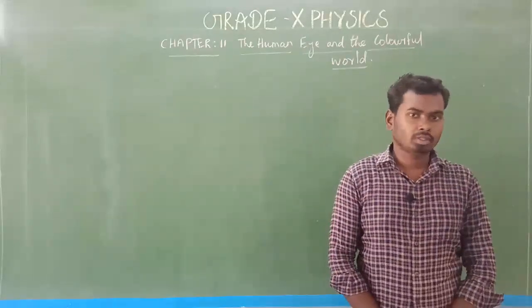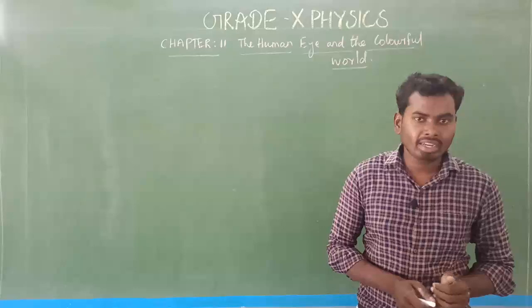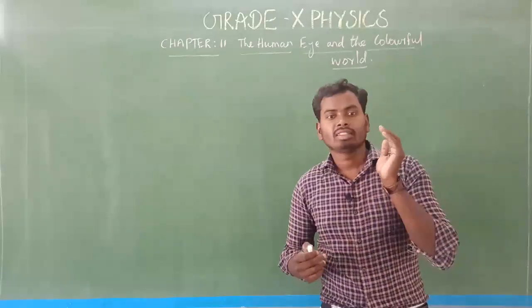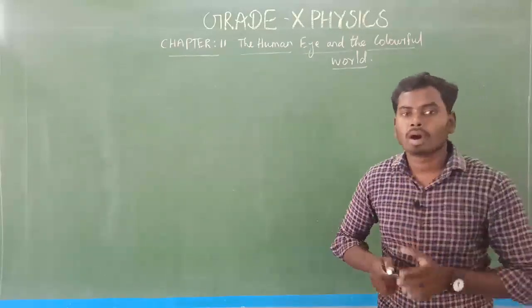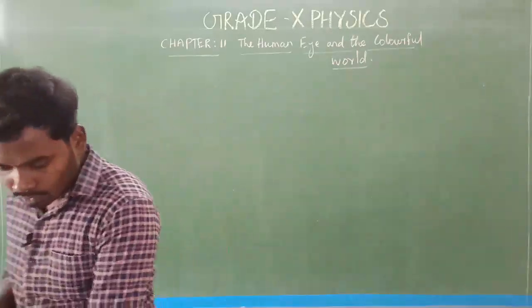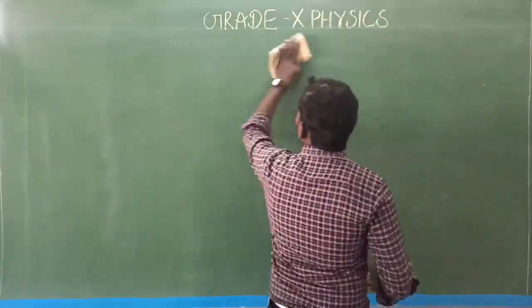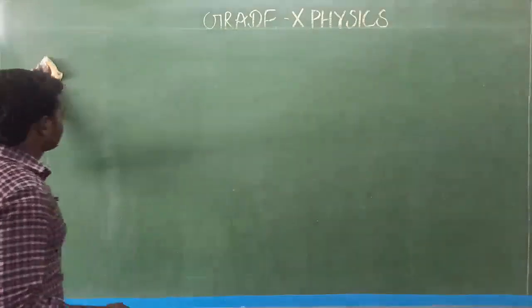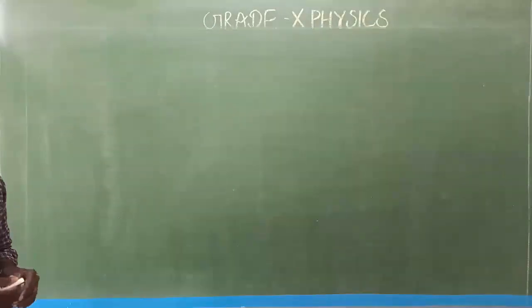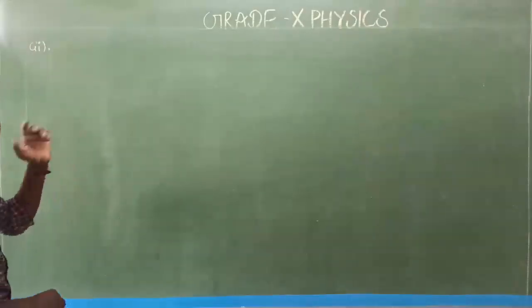Is it clear? Yes. Okay, what is that? If we observe the star position at night, at a clear night, it appears to be higher than its original position, which means actual position. That is the second example of this atmospheric refraction. Is it clear? Yes. Okay, let's get started. So I need some space, so I'm going to do that. The second optical phenomenon in nature due to atmospheric refraction. The first one was the twinkling of stars, and this is the second one.